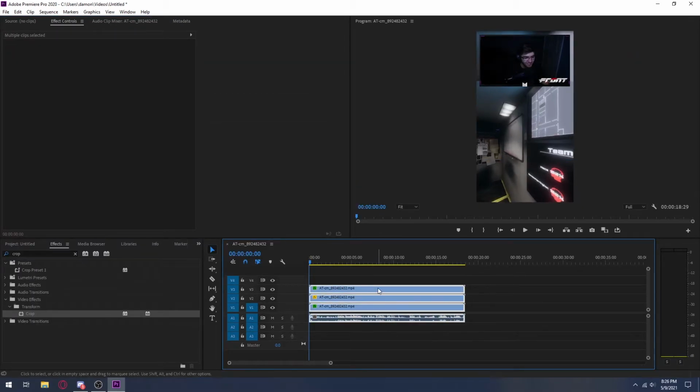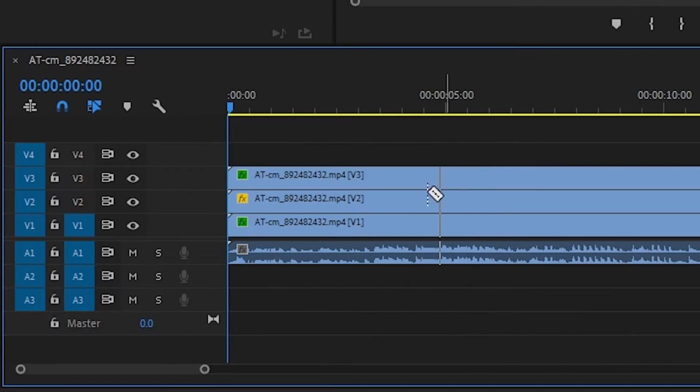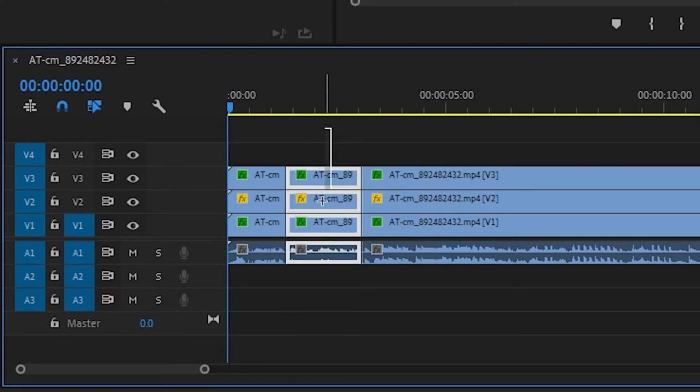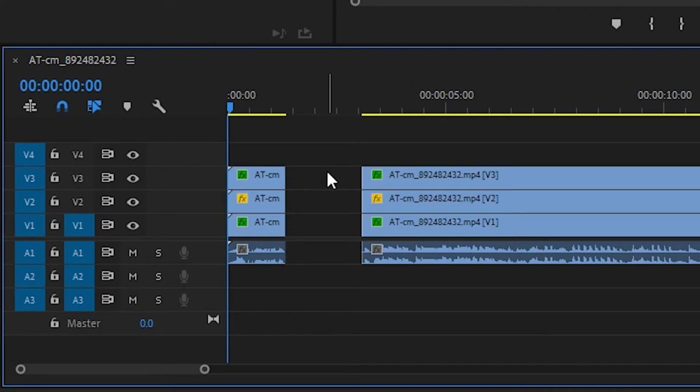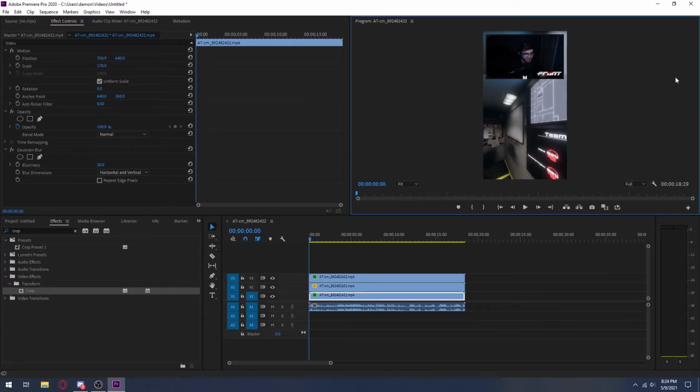Next thing you want to do is cut up your clip. So what you want to do is highlight all the clips, right click, and then click link, and then you're going to go to the razor tool, and then to cut out clips, you just click on one spot and then click it later down the timeline, and then just highlight those files and then click delete, and then you can left click where that empty timeline is, click delete again, so then the clip later on will go to the clip earlier on. And that's pretty much how most streamers do their clips.